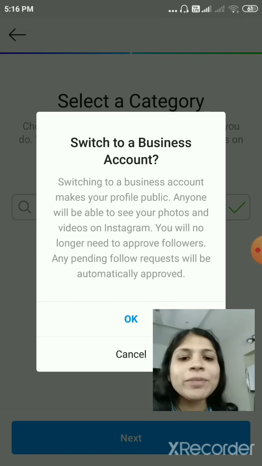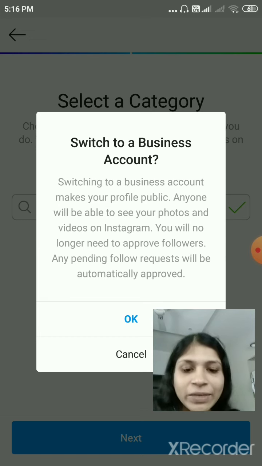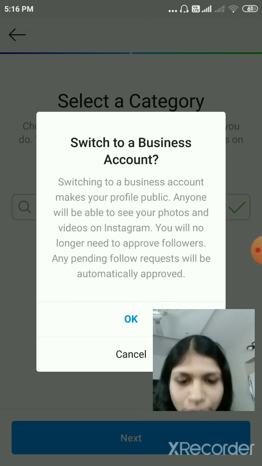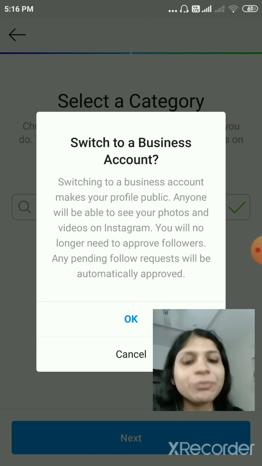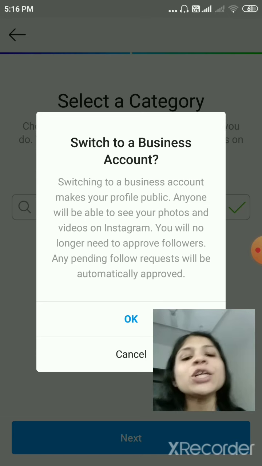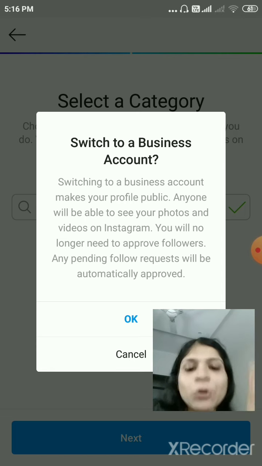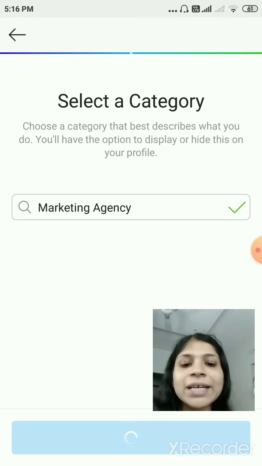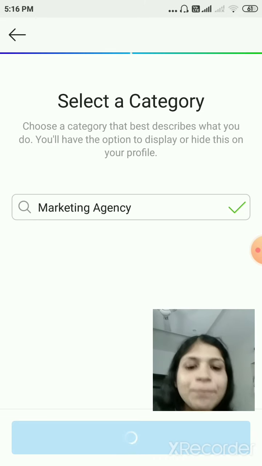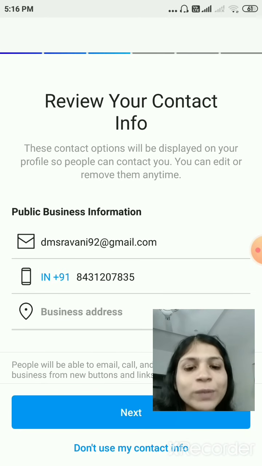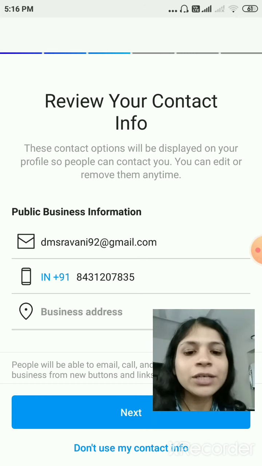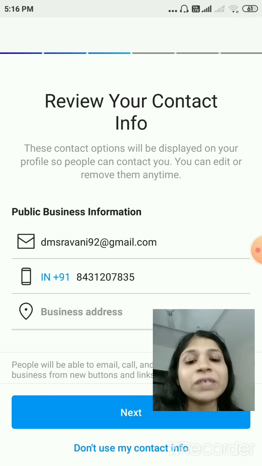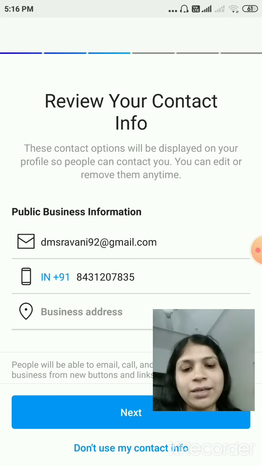See, you cannot make your account private in a business account, but I have shown you how to secure your personal account with the help of the privacy settings. When you are turning it into a business account, you can't make your profile private, so you have to accept that condition. So I am just creating my business account. It's that simple. You just go to settings and click on switch to professional account, then click next. That's it. If your profile suits creator, or if it suits business, choose whichever option suits your profile and click on the next button.